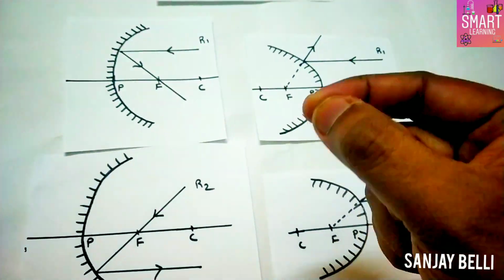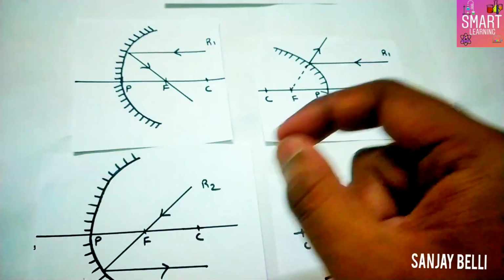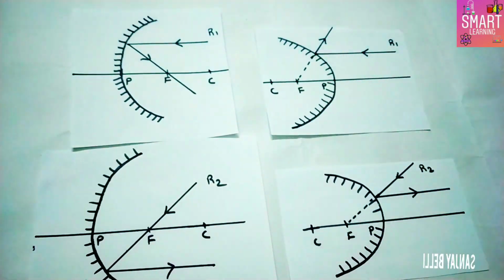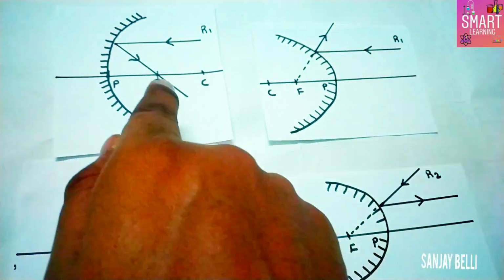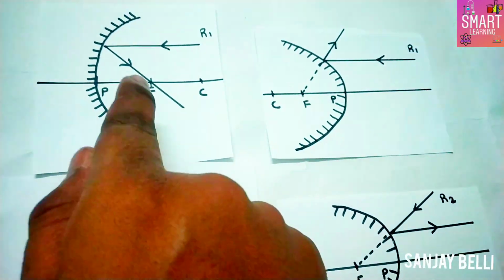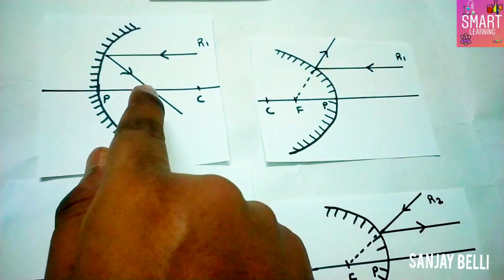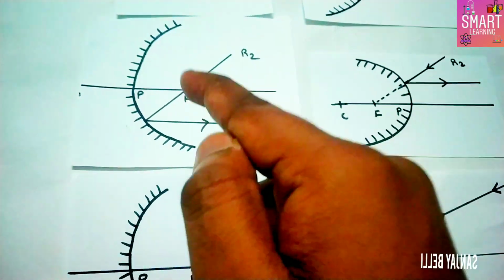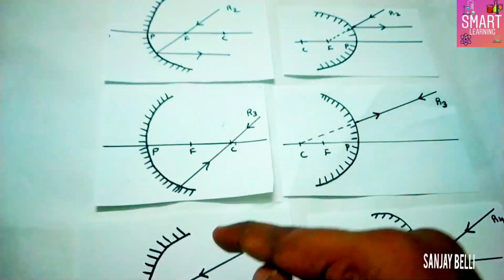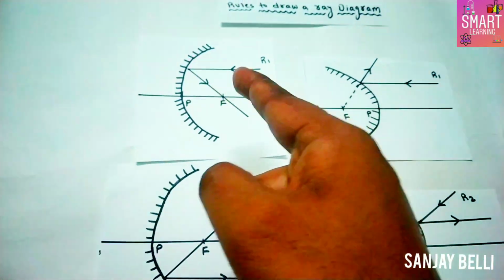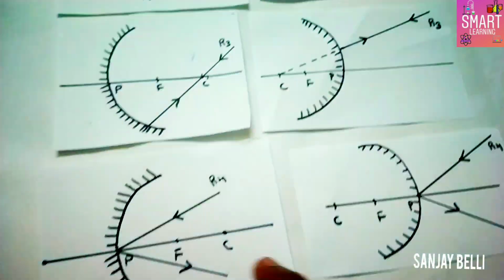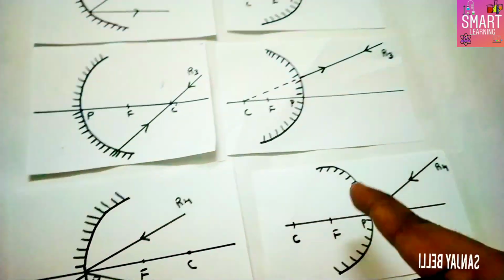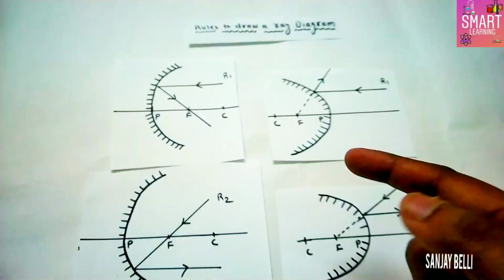Okay, and there are some small minor mistakes students can make while drawing the rules: the arrow marks, incident ray, reflected ray. Never forget this one. Another thing, if the reflected ray passes through the focal point, it should pass exactly through F itself, not before or after F. That you have to remember. Here also the incident ray should fall exactly on F itself. And the incident ray should not enter inside the mirror. Here you can observe in my ray diagrams, the incident ray never enters into the mirror, because it is a mirror. If light falls on a mirror, it has to reflect back.